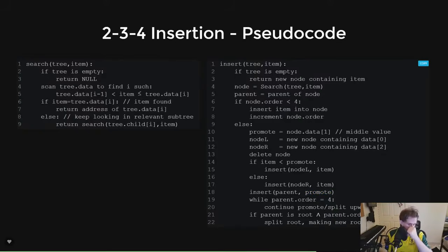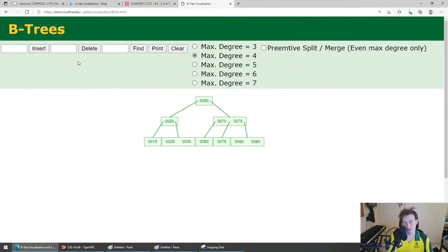Curious little piece of code. I think a B tree insert or a 2, 3, 4 tree insert is a little bit more complicated than your standard algorithms. That's for sure. But generally, it should make sense. And more importantly, if you can visualize it through a tool like this, then you will find you'll figure it